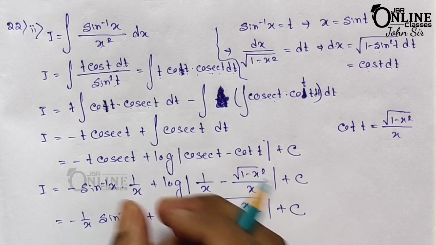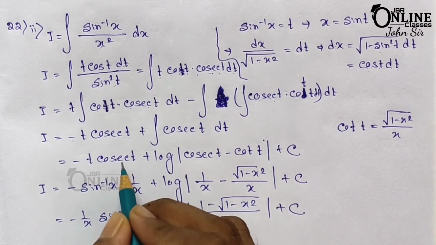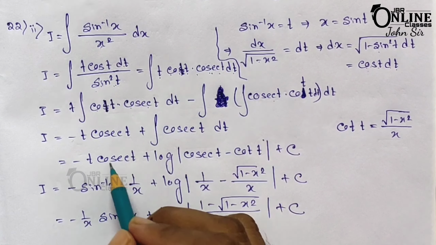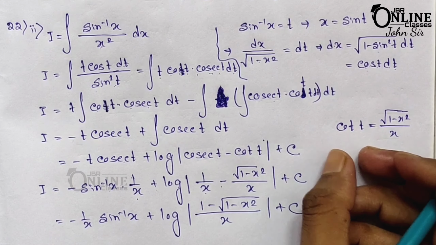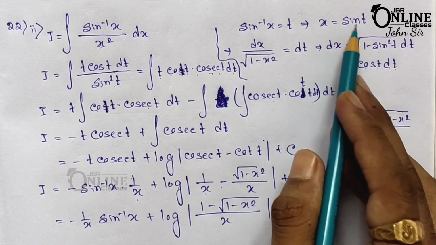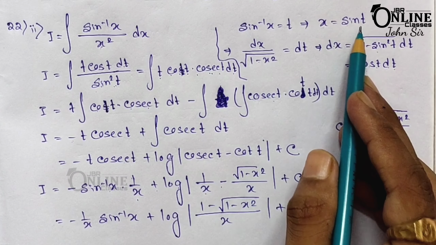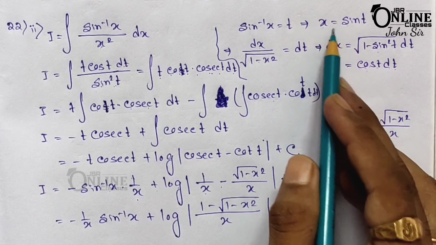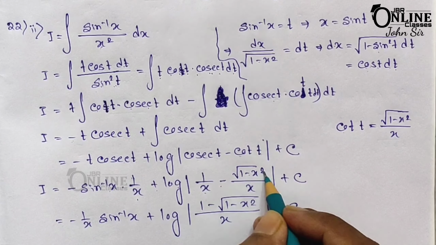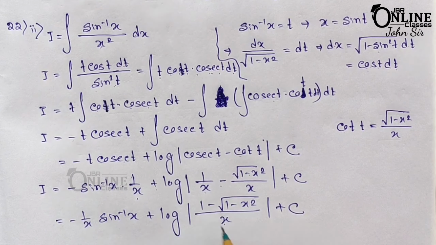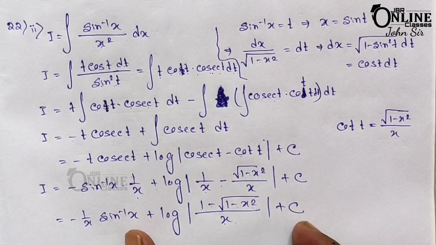Now minus t cosec t, and integration cosec t will be log mod cosec t minus cot t plus c. So now we have to replace the value of t, as t equals sin inverse x. So minus sin inverse x, here sin t equals x, then cosec t equals 1 by x, plus log, here also 1 by x, and I hope you can find the value of cot t, as sin square equals x square, then cosec square equals 1 by x square, and from that you can easily find cot t. So cot t equals root over 1 minus x square by x. So here x is the LCM, so 1 minus root over 1 minus x square plus c, and that is your answer.